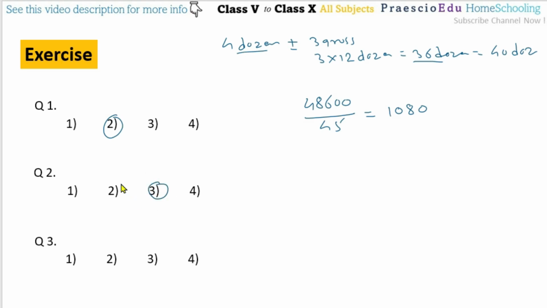Now question number 3. 400 reams of paper were sent through a truck. Out of these, 2800 squares of paper were unloaded at Thane and the remaining were unloaded at Kalyan. How many papers were unloaded at Kalyan? So the total is 400 reams. Minus these squares is equal to the remaining, which were unloaded at Kalyan. So that is the meaning.